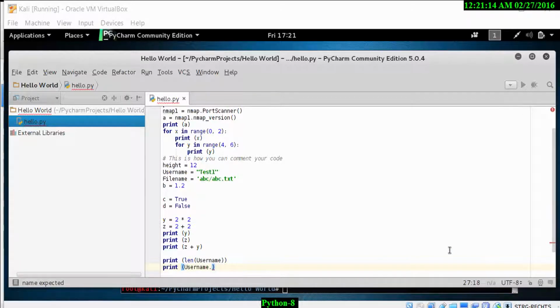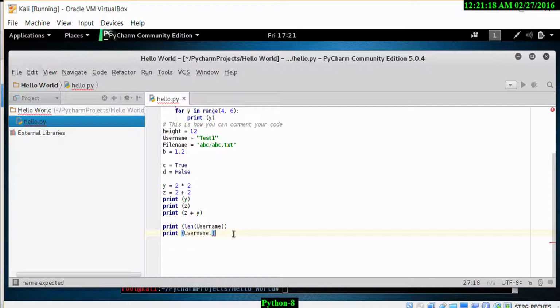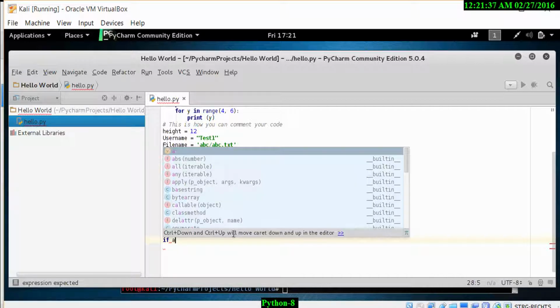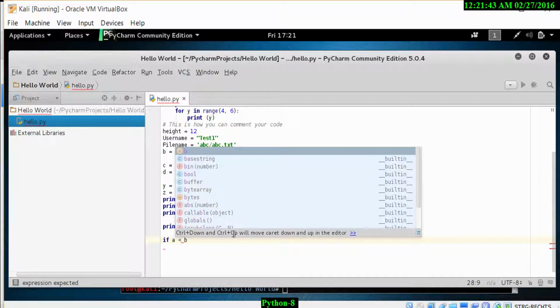Let's now look at some conditional statements, and in this particular case I'm going to look at A and B. We're going to look at if statements, else statements, while statements, else if statements. For our simple example now, we're going to use if A is less than B. So I simply type in if A less than B, and now let's look at where A and B have